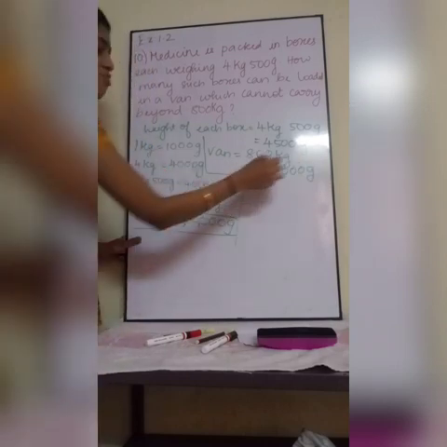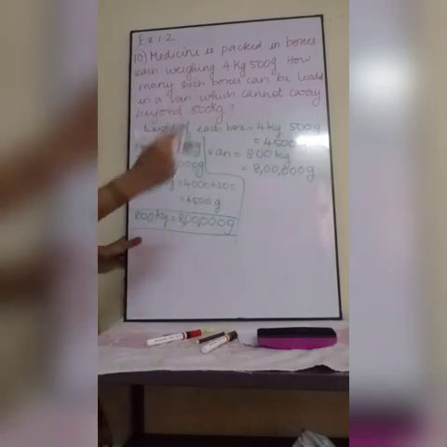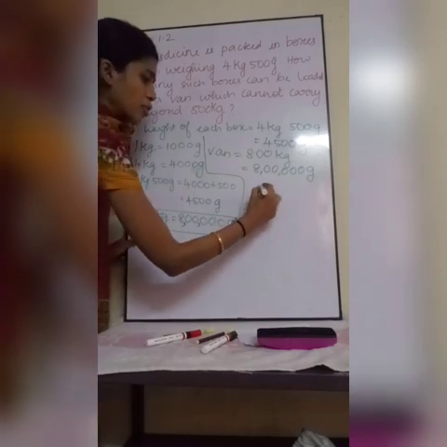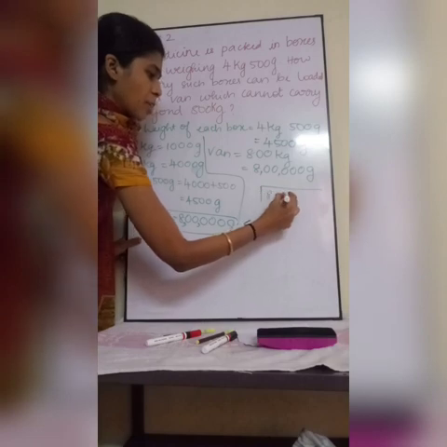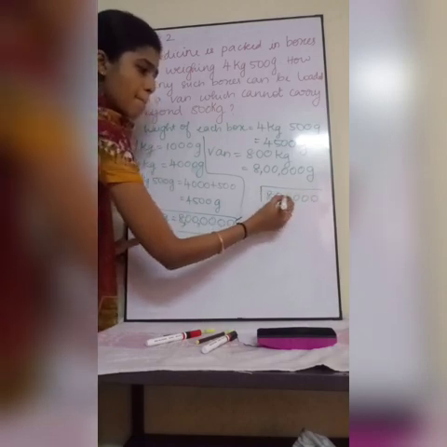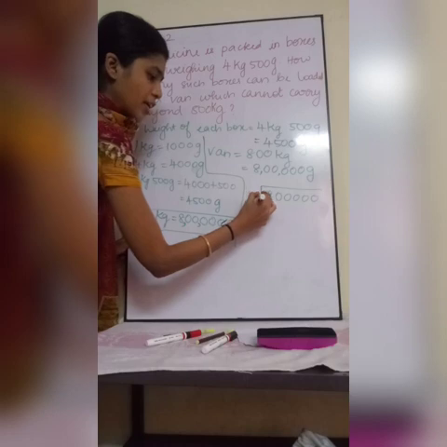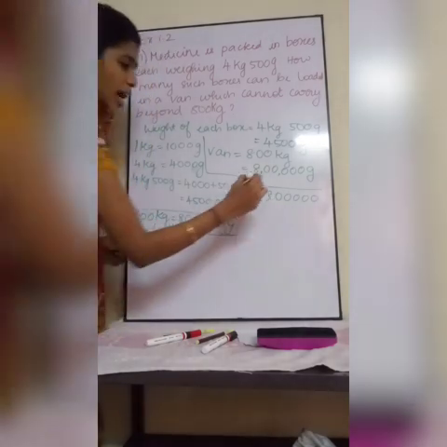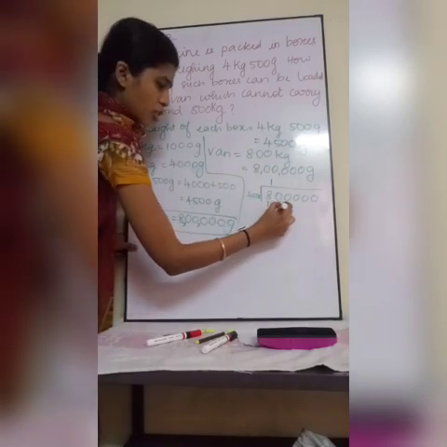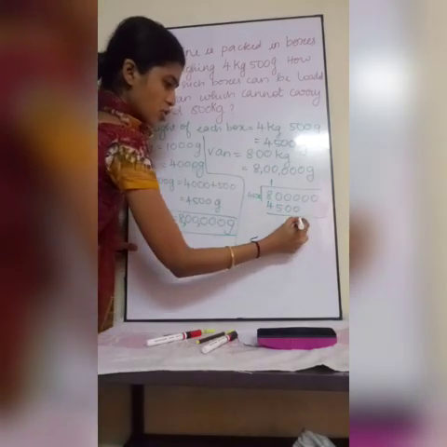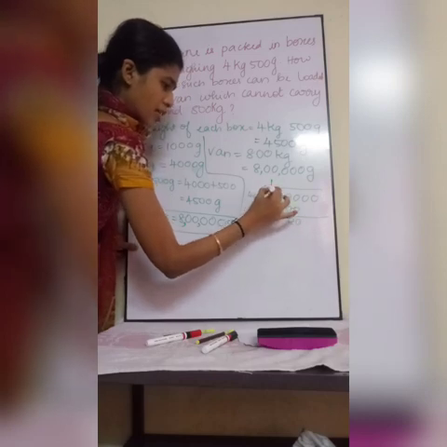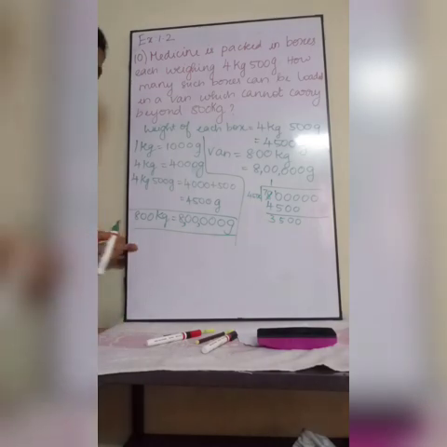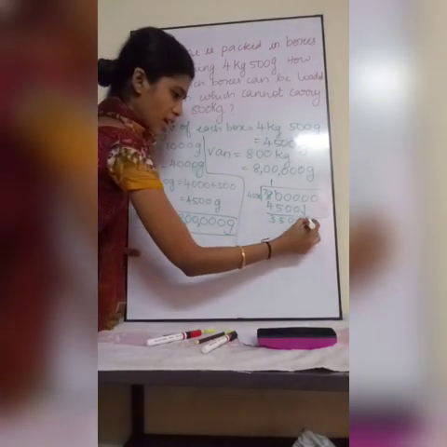Now if you divide this van weight by each box weight, can we find the number of boxes? Yes. So I am going to divide it by 4,500. Now I will do 1 times 4,500, and subtracting, 7 becomes 5, 3. Next I will bring this down 7.